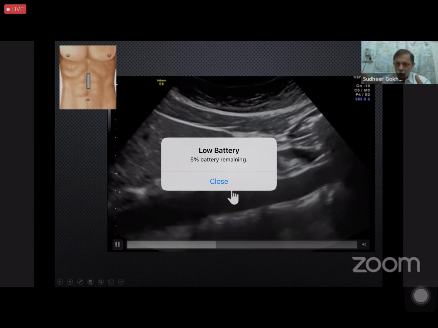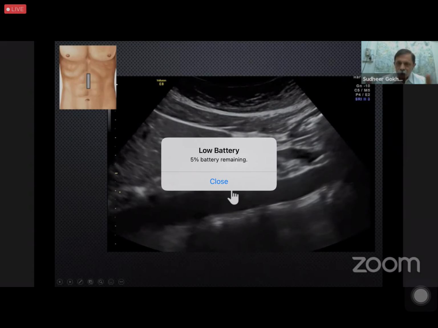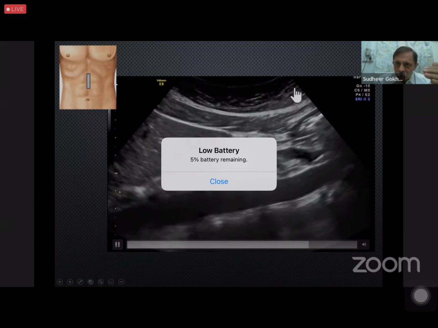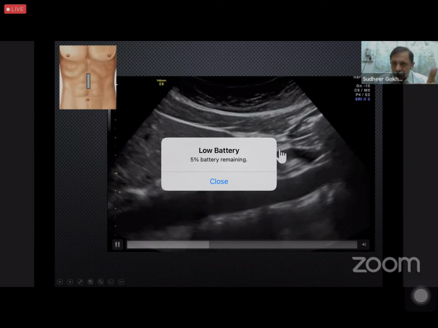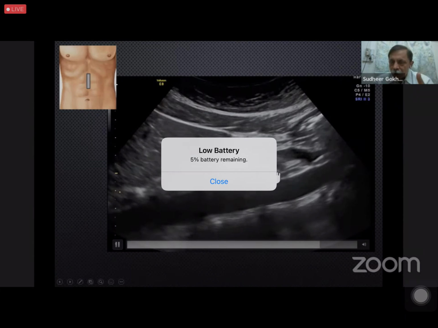They will show normal pulsations even on your 2D grayscale examination. That is normal. If they are not pulsating, then we have to think why they are not pulsating. So that's the normal first thing that we'll do. We'll do a mid-sagittal section to look at the origin of the celiac trunk, look at the origin of the